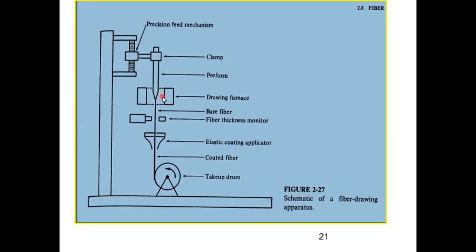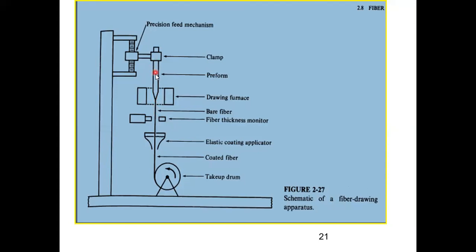So what happens in the furnace? This rod, it melts. Okay, now it should not melt too much, otherwise it will flow in the form of a liquid. So I have to monitor the temperature. Also, I had mentioned in last lecture that fiber does not have any definite melting point. So around 2000, yeah, sometime 1800 degrees Celsius, I have to heat that temperature. So some temperature monitoring also needs to be done over here. So from here, the preform melts and here I get the bare fiber.